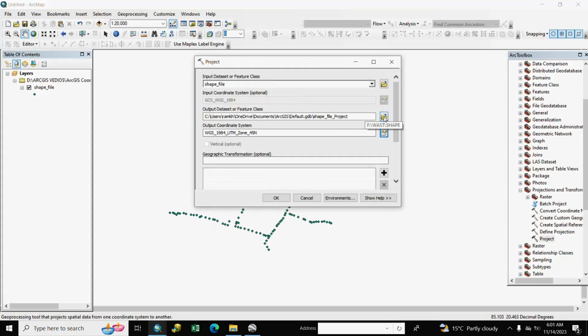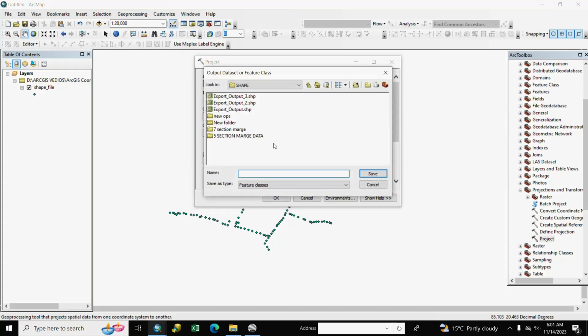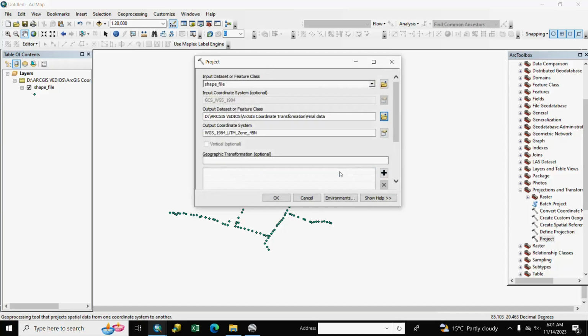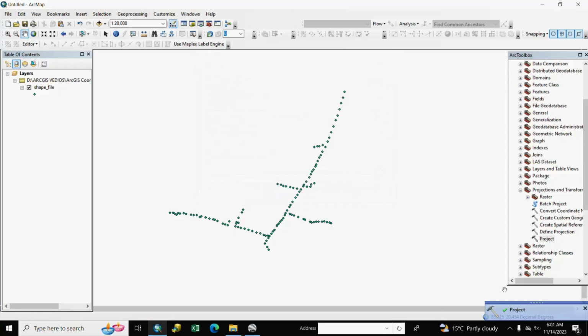And here we select our location, write final data, and save and OK.